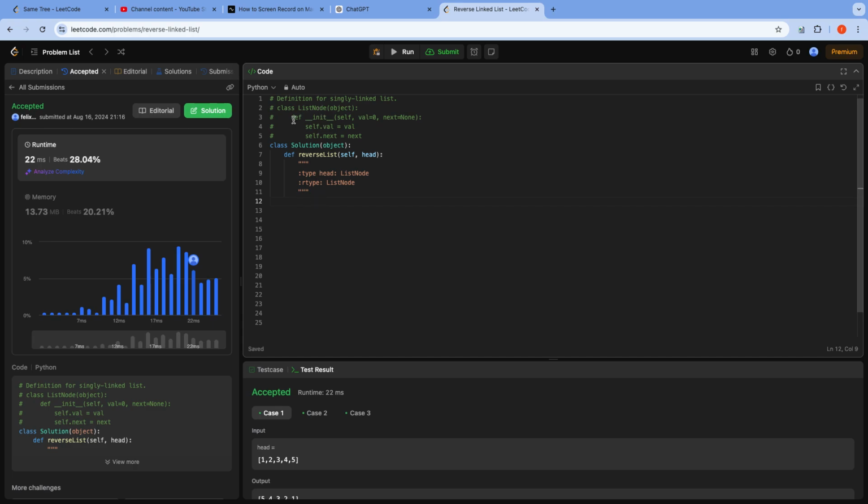As you can see here, this is how you construct a linked list. It always has two properties: the value and the next pointer, the pointer to the next linked list item. So it's very simple, guys. All you need to do is